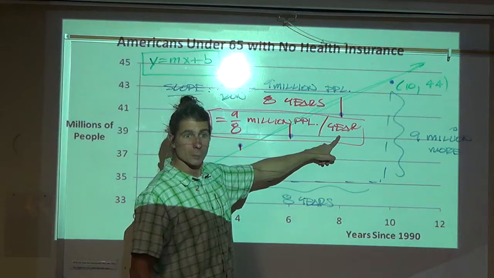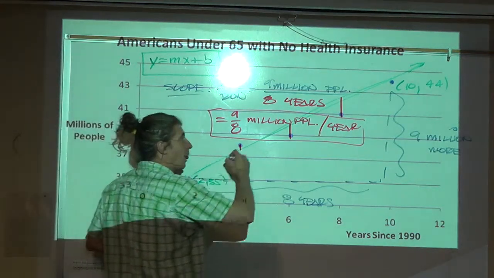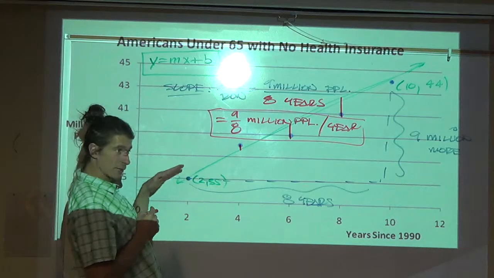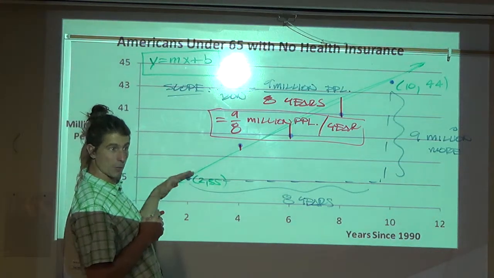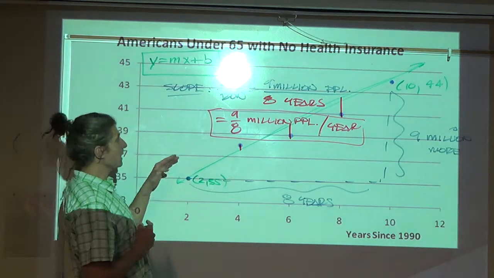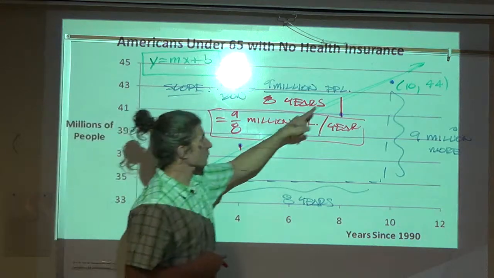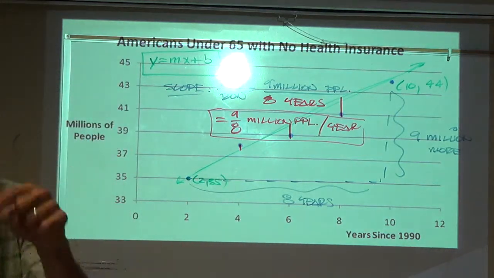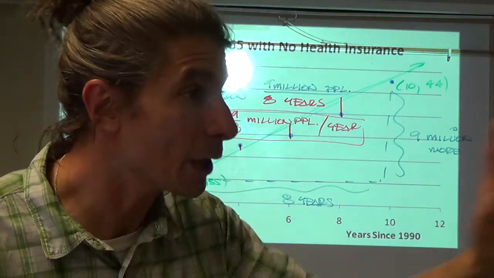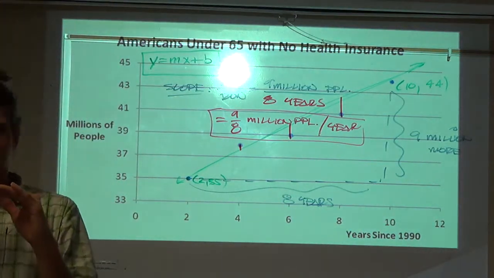It's saying that assuming we smoothed out the growth into a perfectly straight line, you would have to grow at this rate every year to get from this point to that point. Is that what actually happened year to year? It did not, did it? Year to year, it was fluctuating. Sometimes it grew more slowly than that. Sometimes it grew more than that.